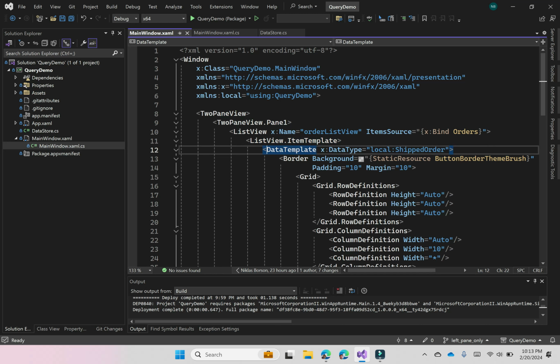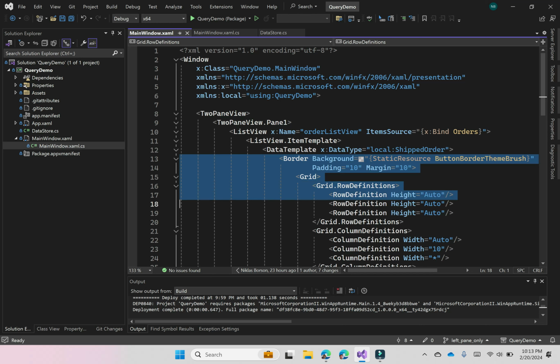The value that we associate with an item template property has to be a DataTemplate. A DataTemplate is an object that can be instantiated to produce a control. A data template defines kind of a template, like a stencil, for a whole set of controls, but they're not real controls until we actually instantiate the template. And there are placeholders for controls that will be created for each item in the list. So for each of our list items, we are going to create